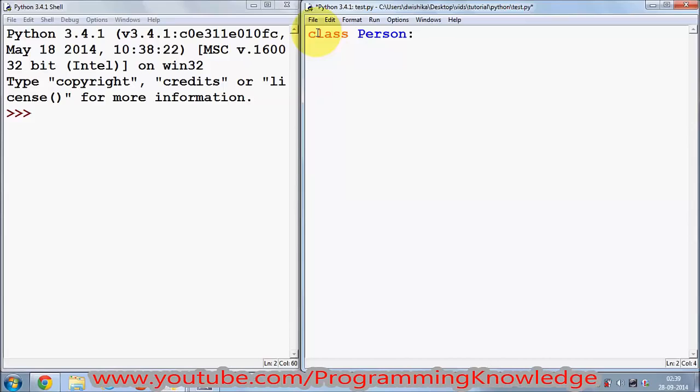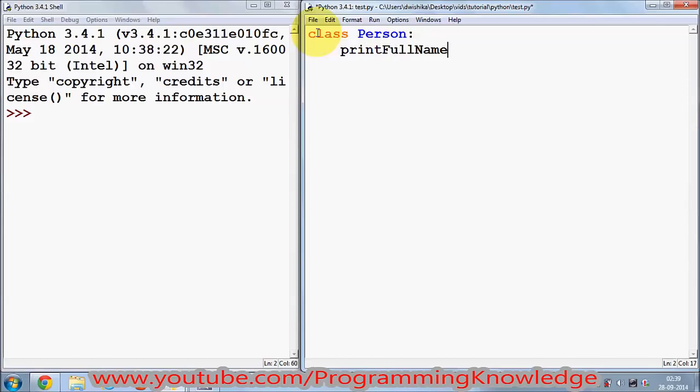Now how you can define member functions in a class? I want to print the name, first name and last name of the person. I can create a method to print this. So I can create a function like this: print